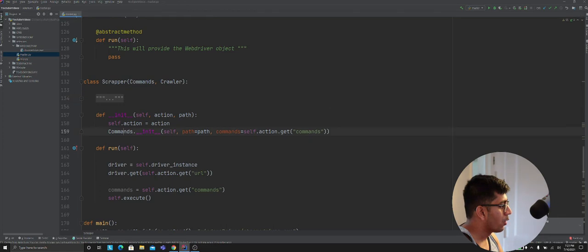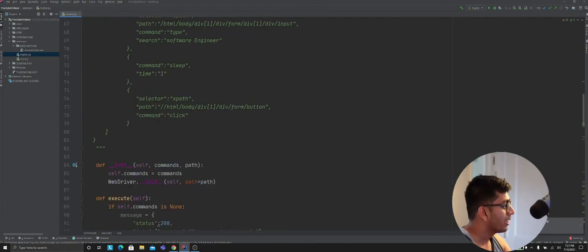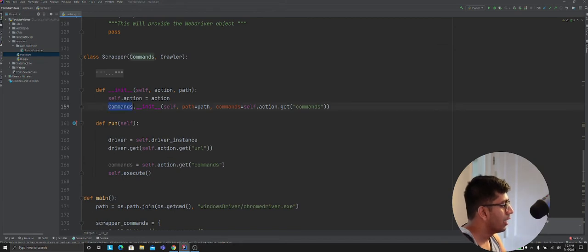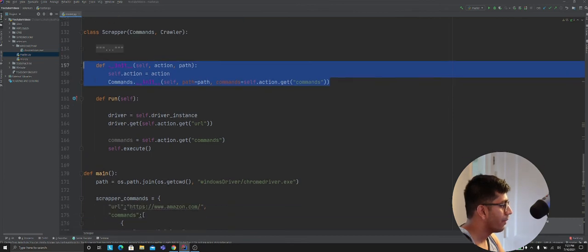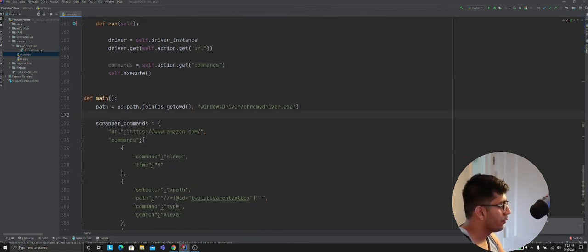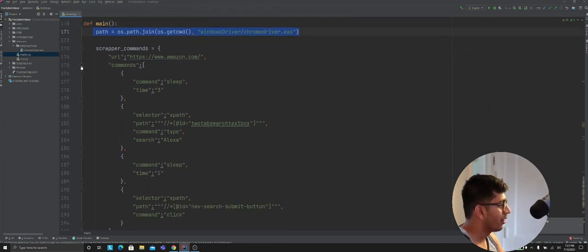So I'm calling the base class constructor of commands, passing in the path. The path basically traverses back on the base class. Path gets passed to the command, command passes it to the WebDriver object, and then you got the idea, right? So we call the base class constructor right here and provide the list of commands that you send. So now the code: we're choosing the path for the WebDriver. Now this is very generalized. We just made a generalized scraper.